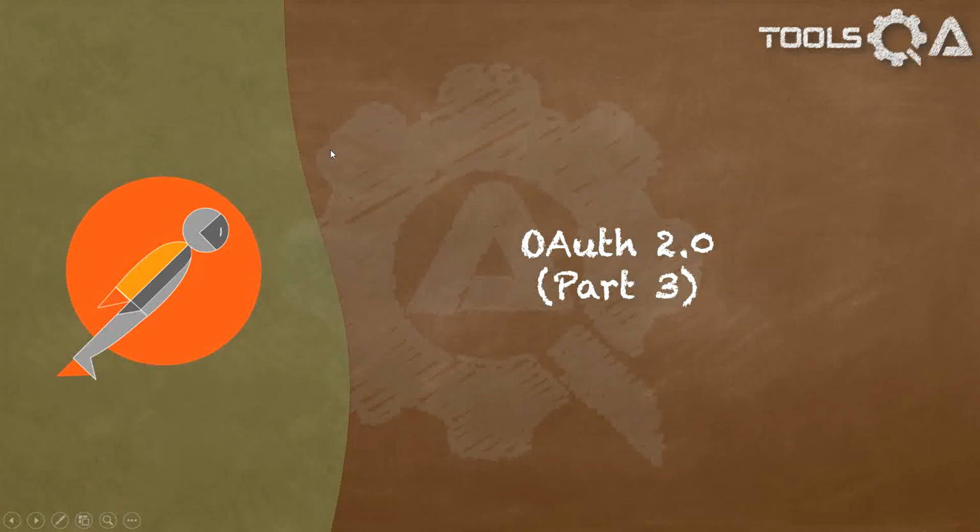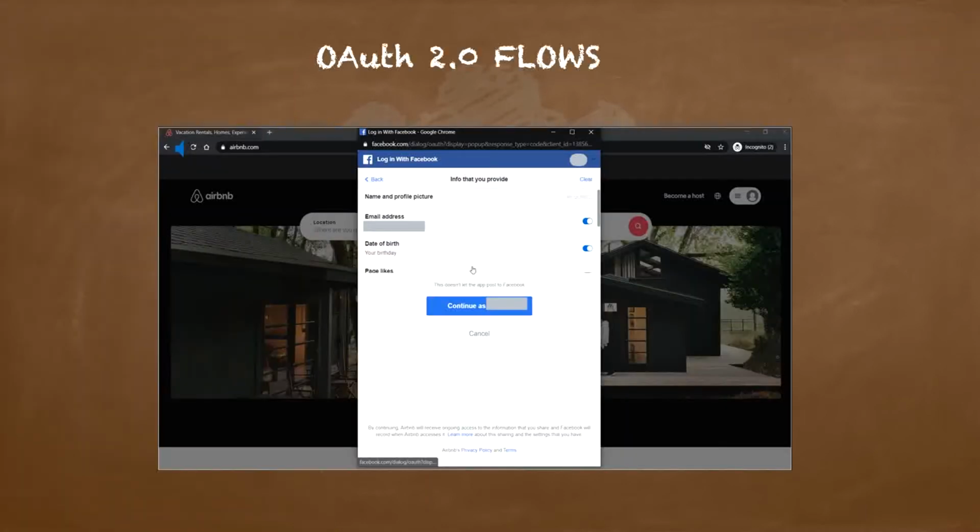Let us now move on to understand the OAuth 2 flows. As mentioned before, the way in which the OAuth flows are implemented can vary. This variance comes from how the first step in the flow is implemented, that is, getting the authorization from the user. That is this page that we had seen in our example. This process is called authorization grant.